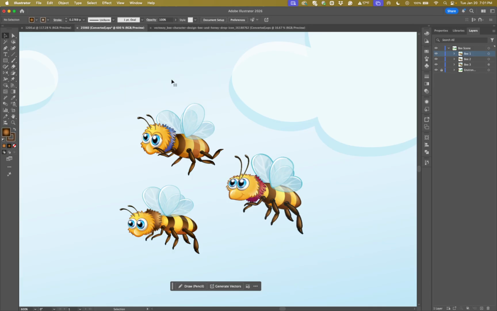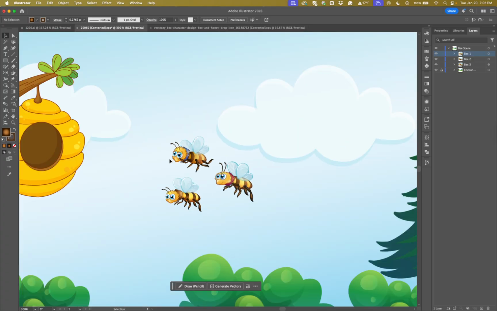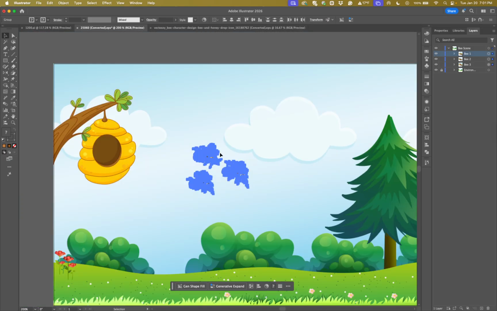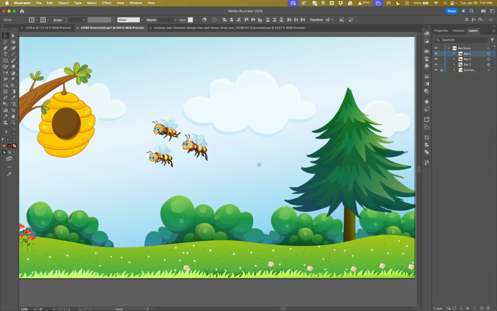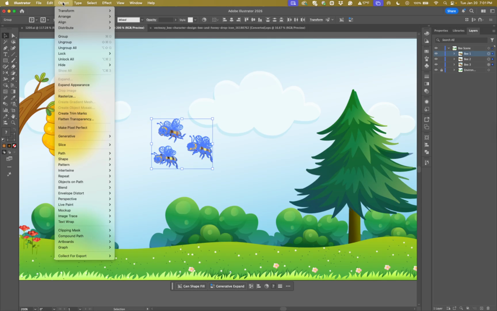I'm going to just get rid of that because I don't need that. Okay. And now I'm going to zoom out a little bit. And now what I want to do is select all three of these little bees here. And I'm going to zoom out a bit so we can see more of the scene. Now, there's another way in which we can work in transforming this, and this is up in the top toolbar here. So if you go to Object and you go to Transform, you can see that it has the Move, the Rotate, Reflect, Scale, and Shear, which essentially does the same thing that is in those tools,